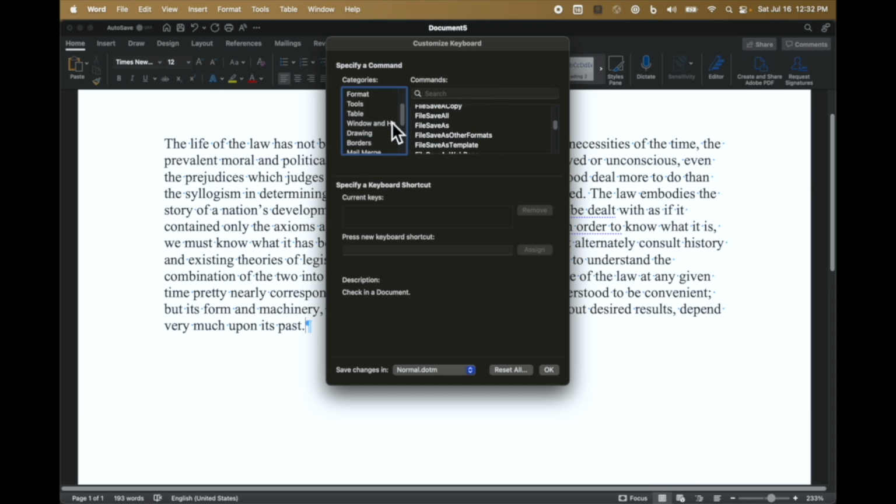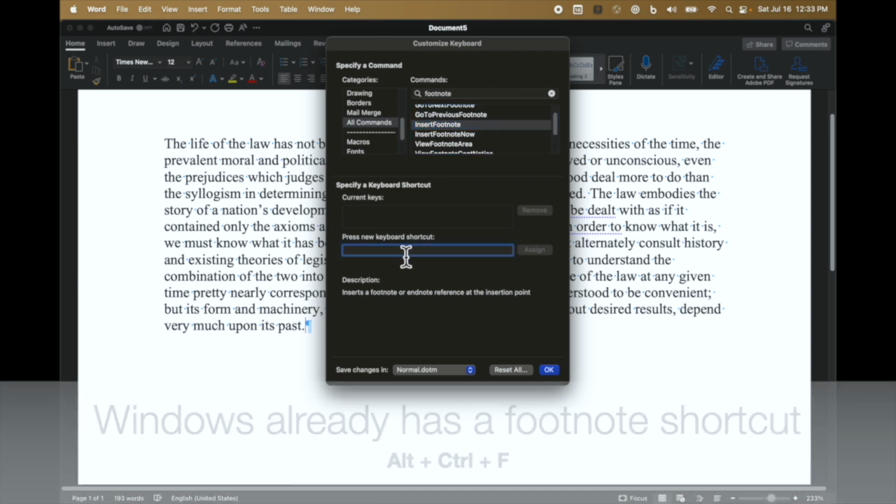So what I do is I click on this option, All Commands, so that all of them are loaded over here, and I'll just search for footnote. And so we see we have all these different options, convert footnotes, and so on. And then here we go, insert footnote. Notice that there's no keyboard shortcut here. This dialog gives us the opportunity to specify a new shortcut. I like to use